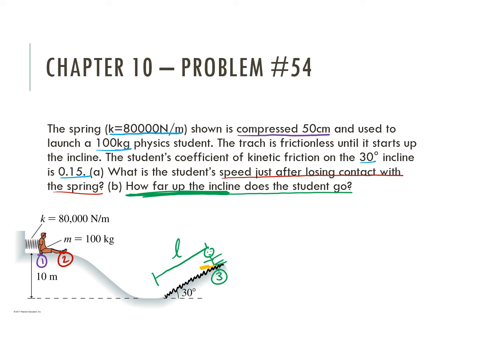We have everything about point 1. We need to calculate the speed, and eventually we want to go up the incline. So if we want to have as few points as possible, these are the points we would need to consider. Now, it is perfectly valid to instead, I don't want to use purple, I already used that, to say, well, I want point 3 to be the bottom of the incline and point 4 to be up the incline. You are welcome to do it this way if you want to, but it's going to add an additional step